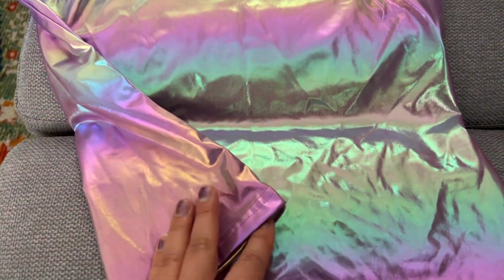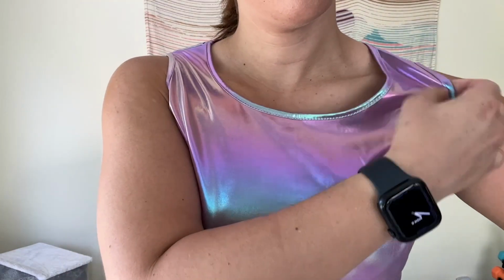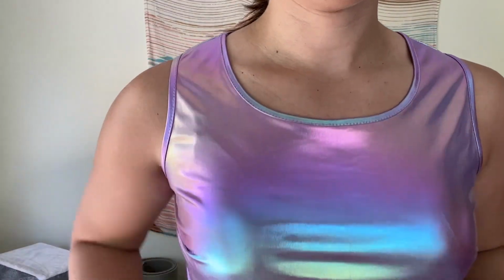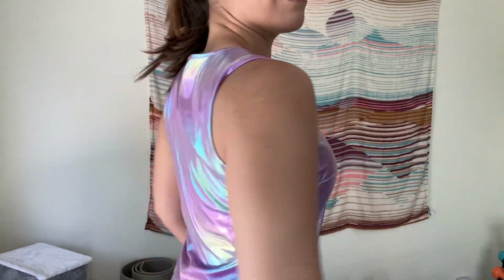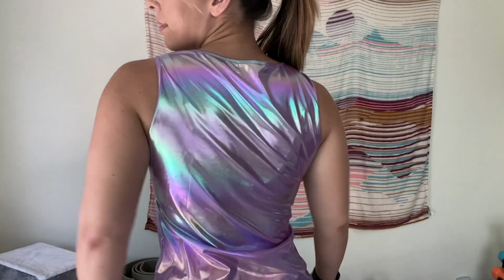And just take a look at that super fun metallic shine. It's got kind of like a rainbow gradient. It is so fun. I love the way it fits. I got this to wear to a concert and it is the perfect top for an occasion like that out